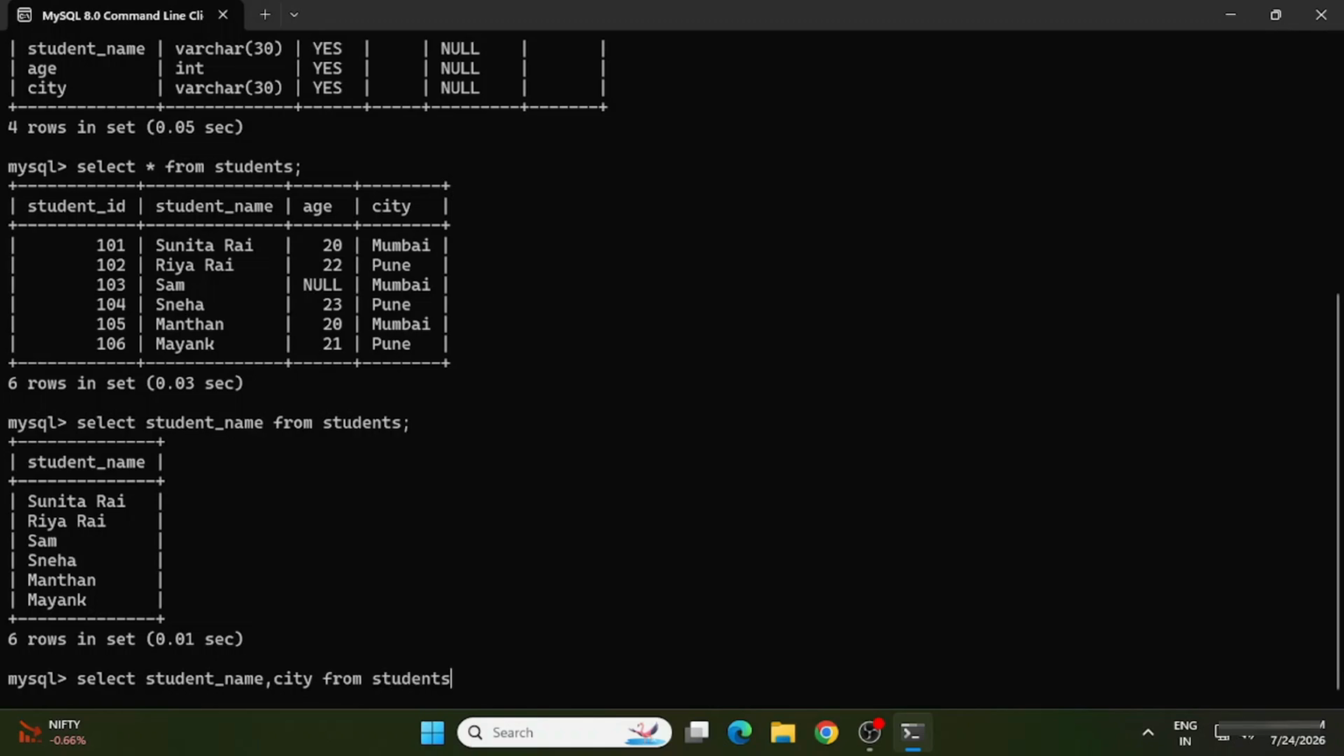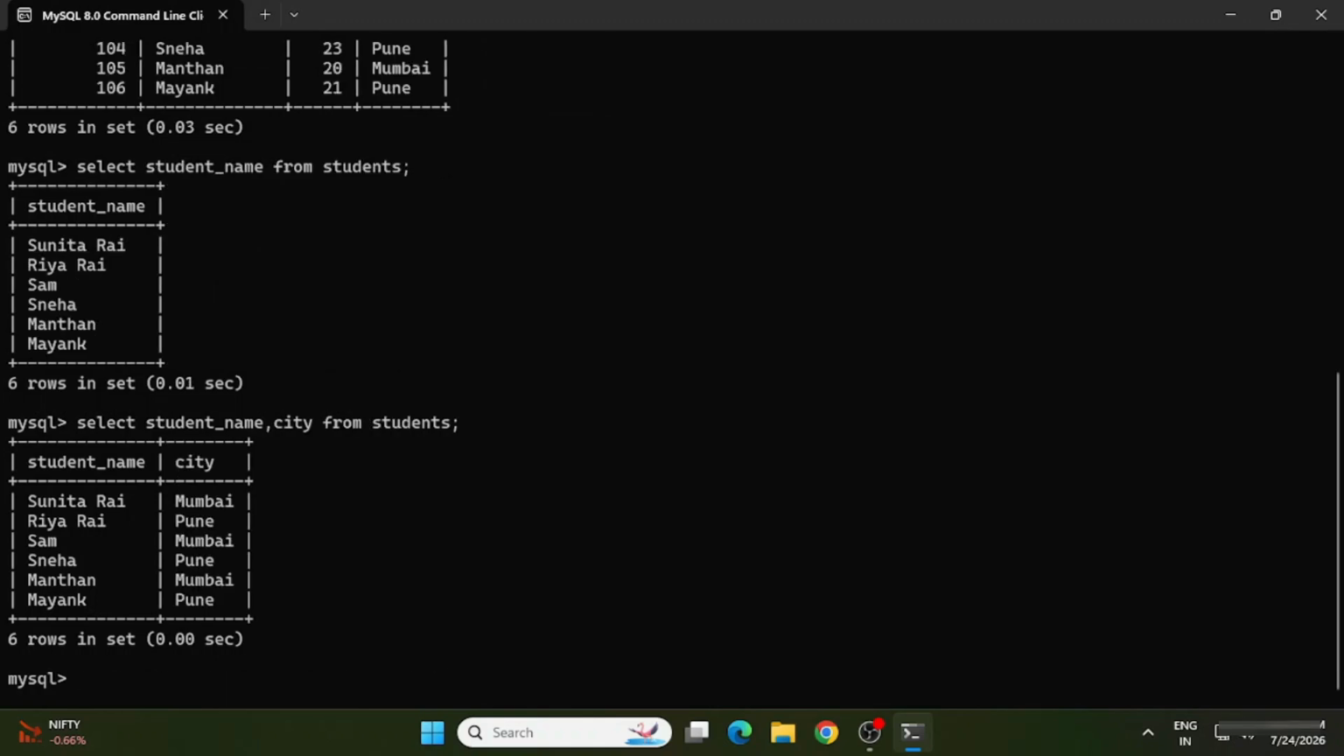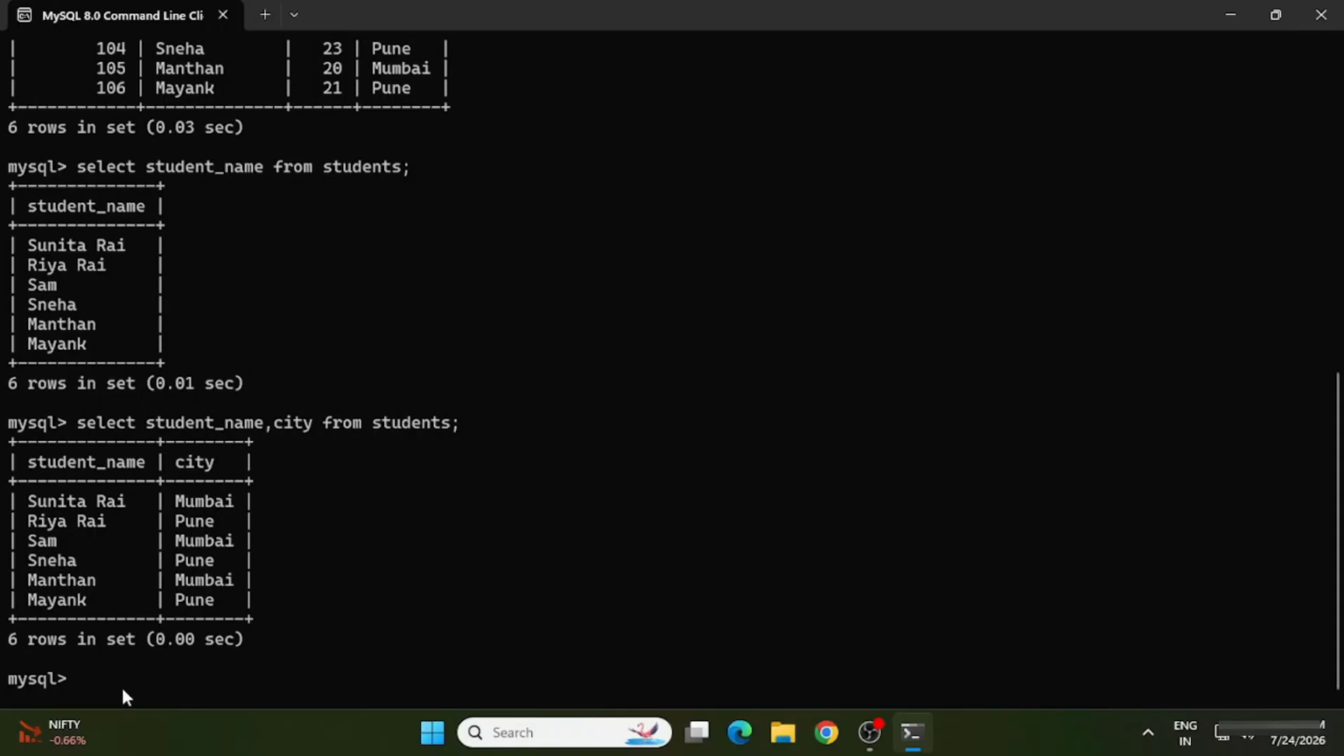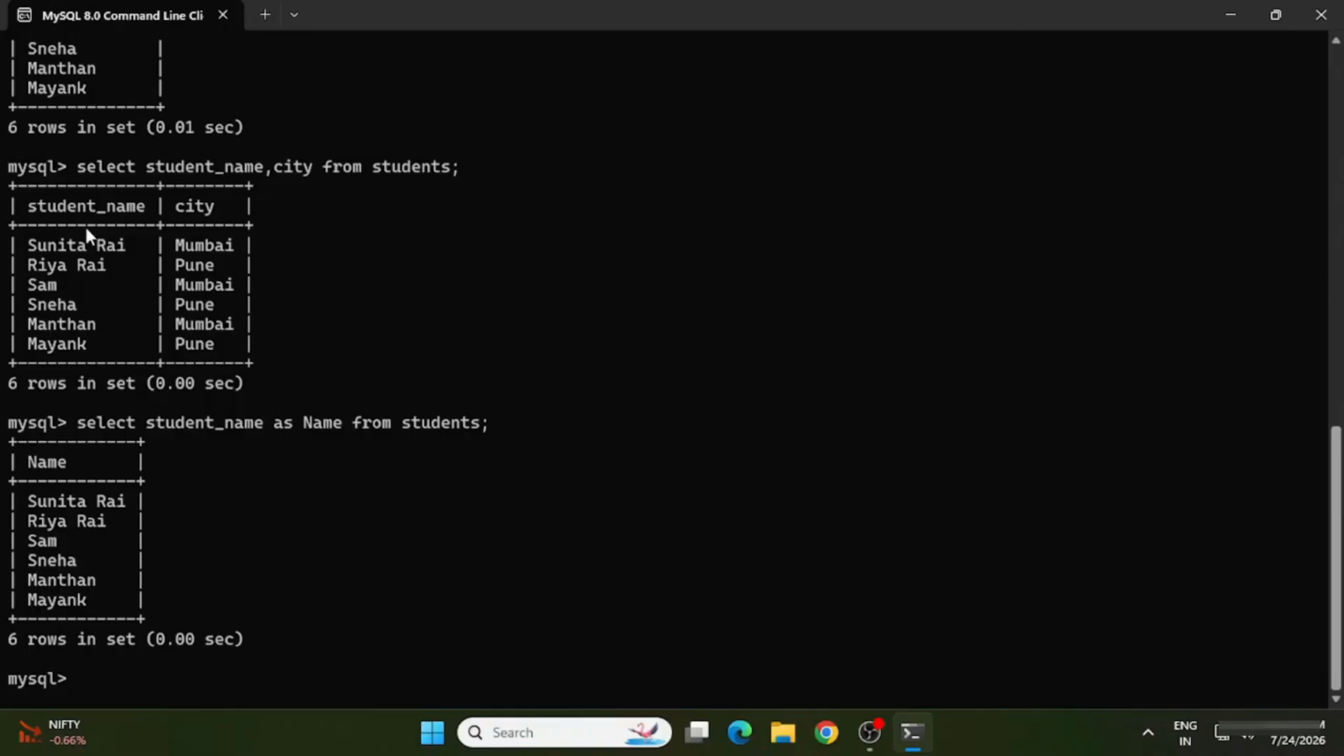And you can see the column headings are nothing but the fields or columns which are there. Here you can see student_name, city, these are my column names. But you can change this, not permanently, but with aliases, just for display purposes. You can create an alias of this column. So I'm writing one query to show you how you can change this column name: select student_name as name from students table. This is my query, and you can see my column heading is changed from student_name